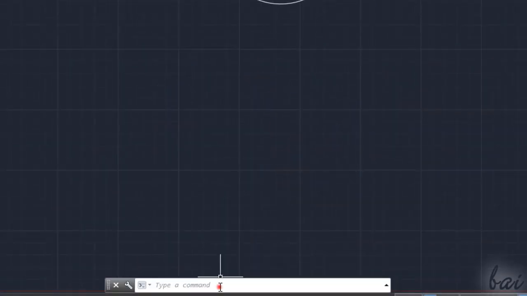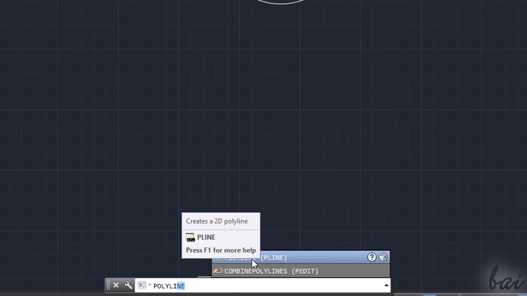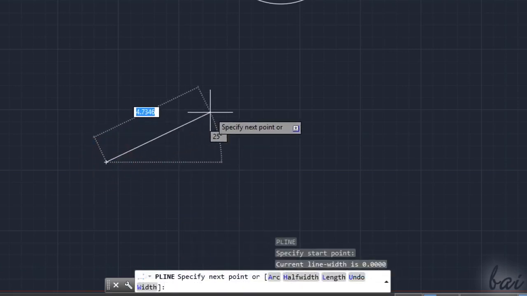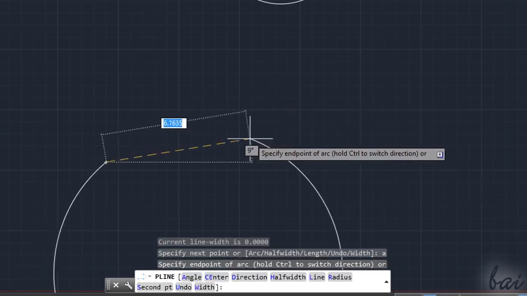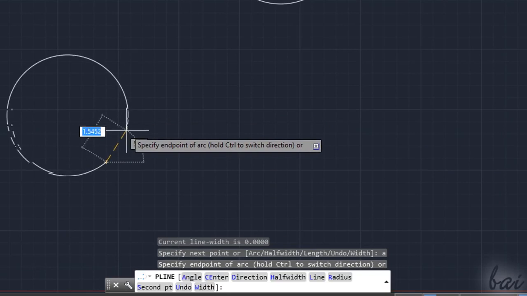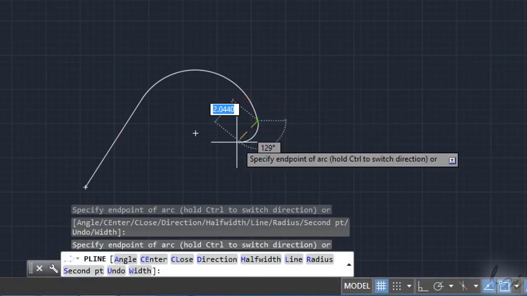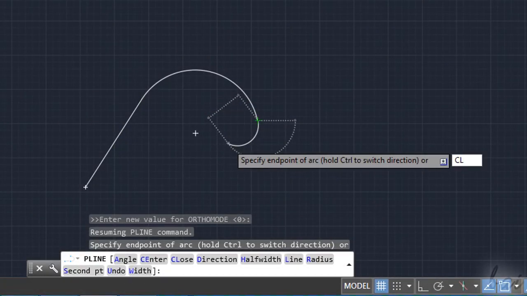The command line at the very bottom is very useful. For example, if you type Polyline inside and apply with the Enter key, you will enable the Polyline tool without searching on the panels on top. Even more, while drawing an object, you can use the command line to manage and apply options, as you do with the gray dialog box seen before. In this case, just type the blue letter corresponding to the option you want to use, and apply with the